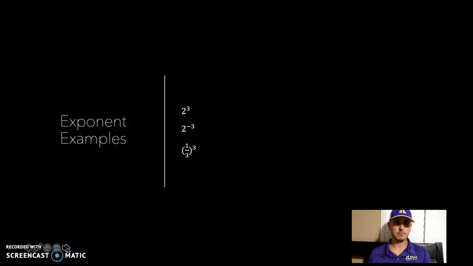Last, here we have some exponent examples. The first one is just a normal power that we looked at in the beginning, 2 to the third power. Then we would have a negative exponent in the second example, and that is when we would use the negative exponent rule. And then the last example is kind of a power rule. You have a number in parentheses and a power on the outside of that parentheses, so you need to bring that power into both the top and the bottom number of the